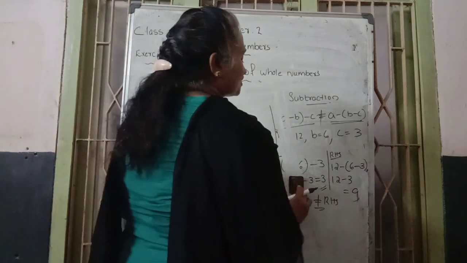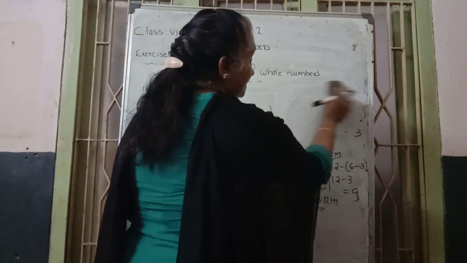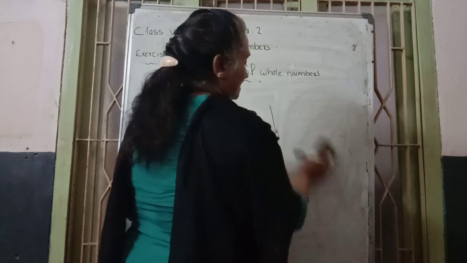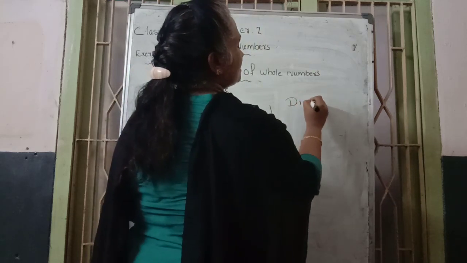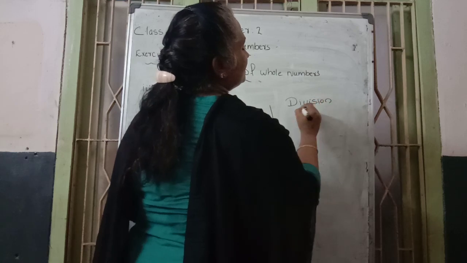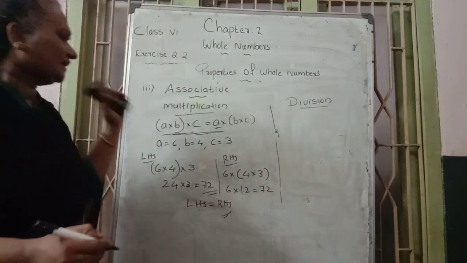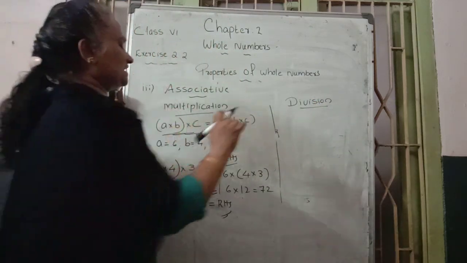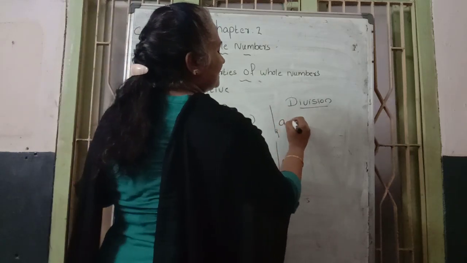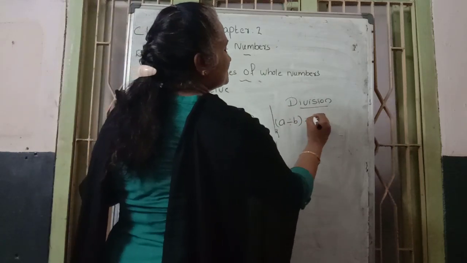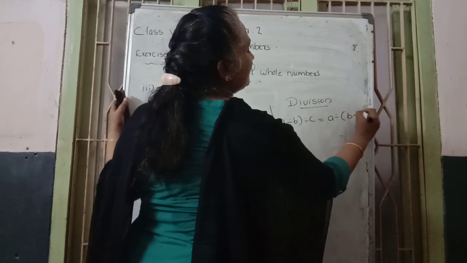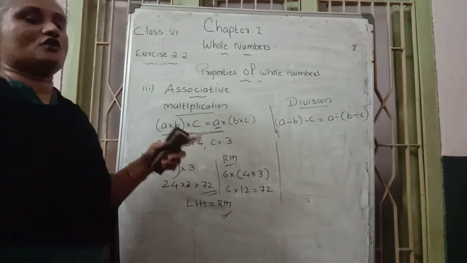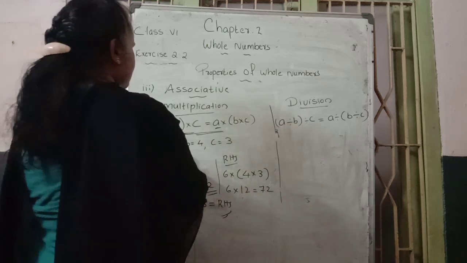Next, which operation is remaining? Subtraction or division operation is remaining there. So we go through division operation. Next we check, is it satisfying or not? Division case. In the division case, we simply write the general form as A divided by B, divided by C, is equal to A divided by B divided by C in the next form. Here also these are examples only.